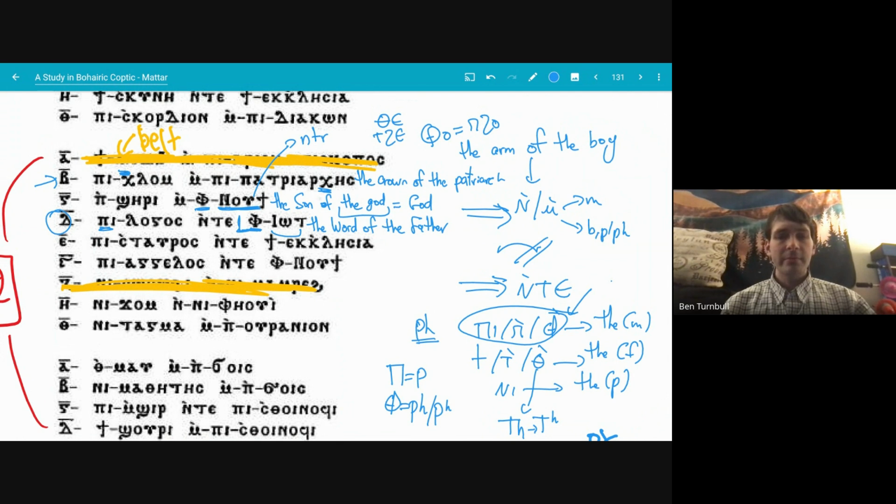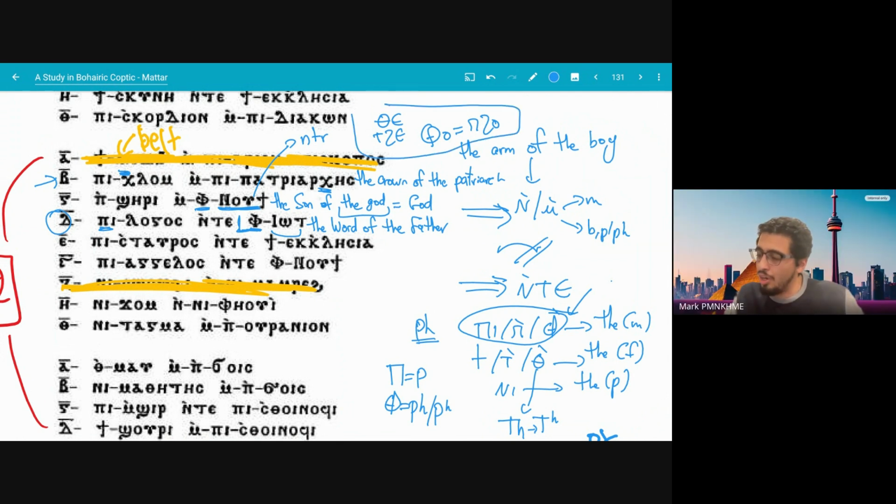That's cool. Yeah. I don't remember ever seeing this in Bohairic, where they put a T and a H together and they use a theta. But Sahidic actually makes a lot of use of the theta, unlike Bohairic, which doesn't use theta in any native word.